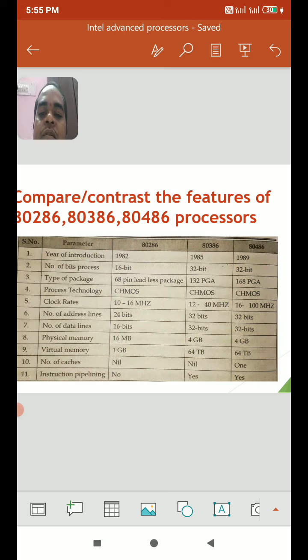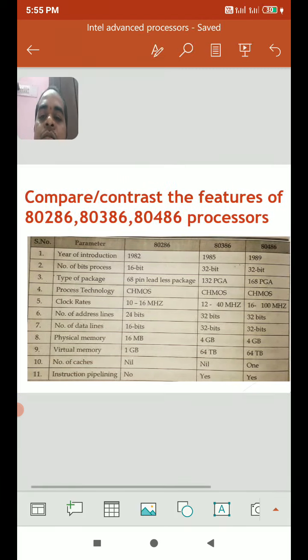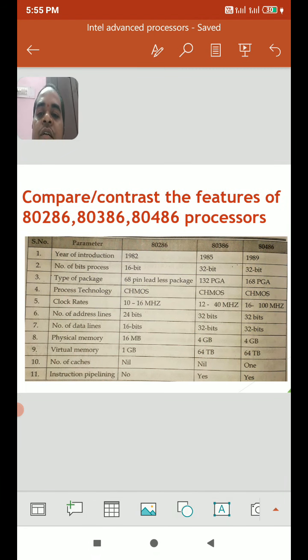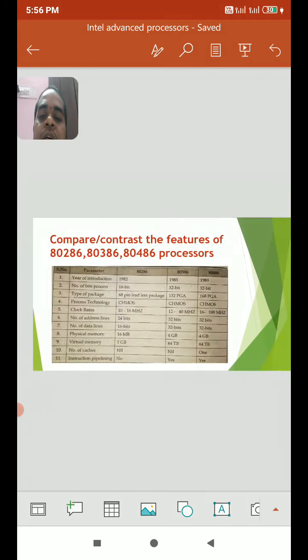With more processing speed and more features, there is less consumption of time, more instructions are processed, and we get more advanced features of the microprocessor. So these are some of the comparisons and features of the 80286, 386 and 486. The 80486 has more features compared to the 8086, 286 and 386. When we add some more features to the 80486, we get one more new processor, named the Pentium microprocessor.